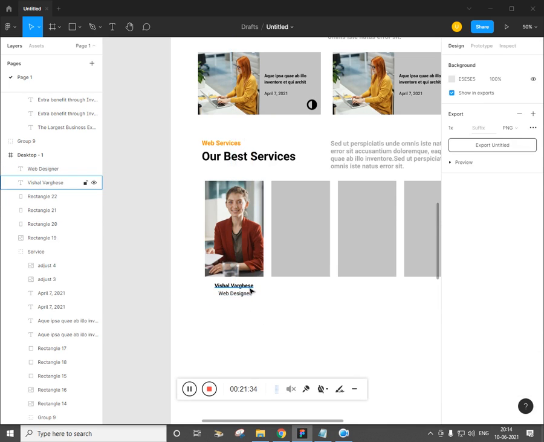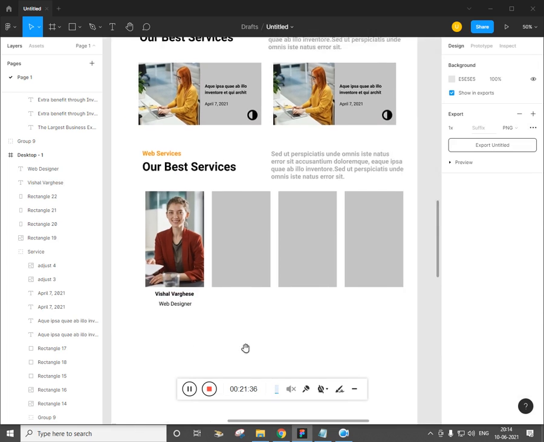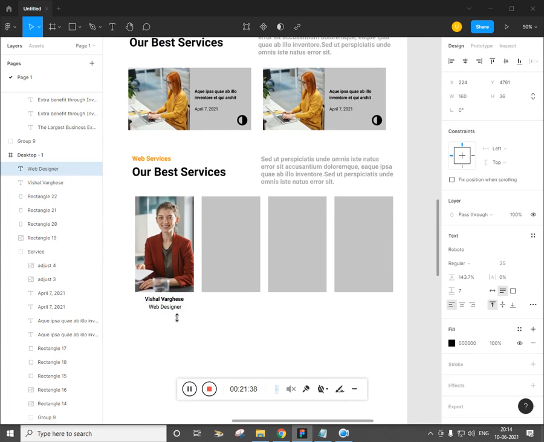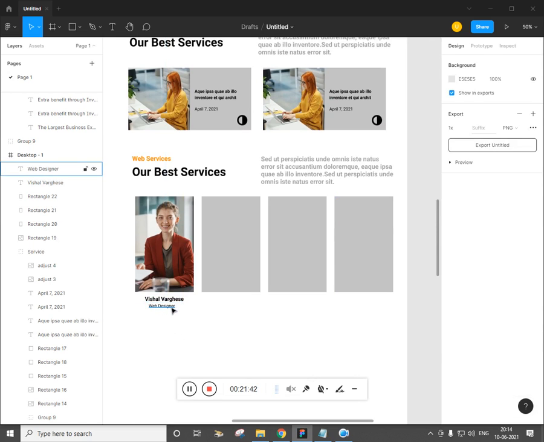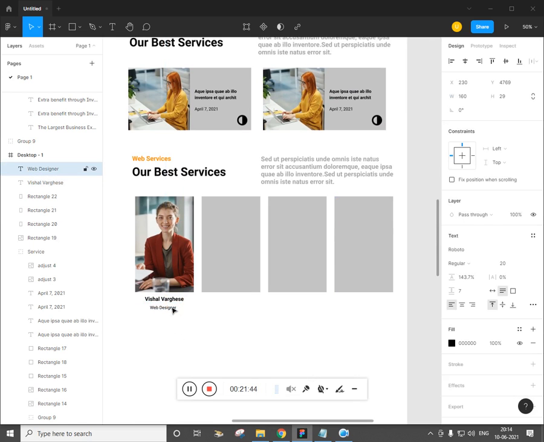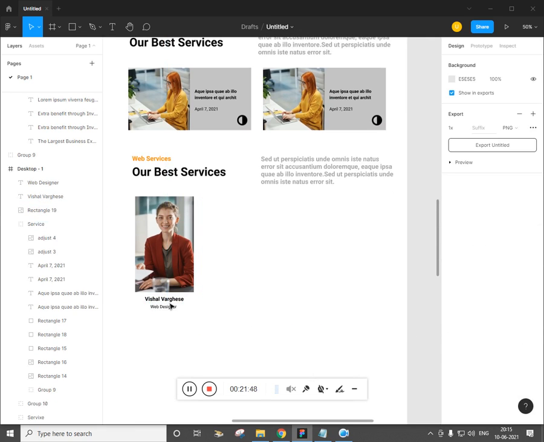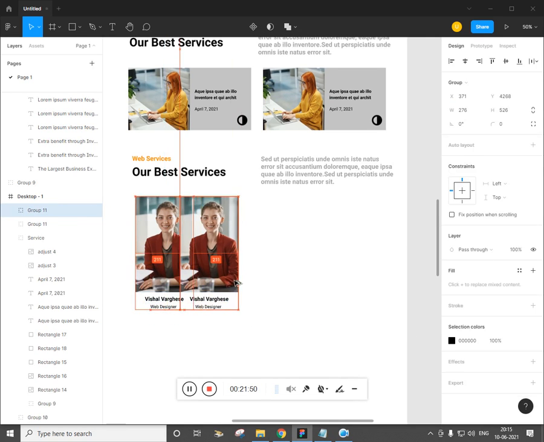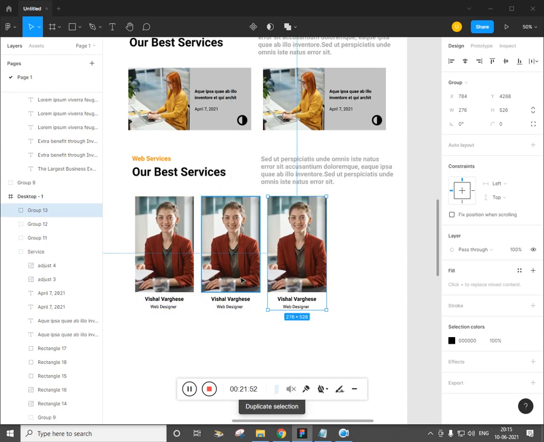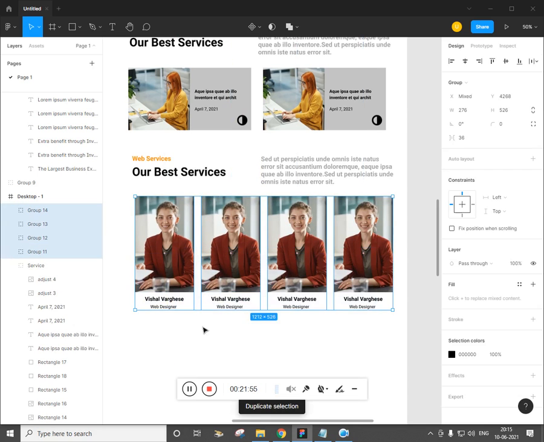And cool. Now what you need to do is you can decrease the font size to 20 and place it properly. Now we can delete all and make a duplicate of this, make it as a group, alt drag, control D, and here you go.